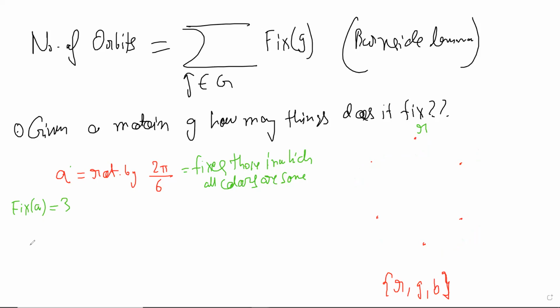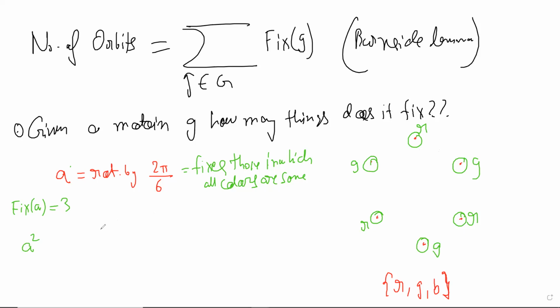Again, let's look at A square. So when you have A square, it is going to take this R, not to the second one, but to this one. So this one must be R. If I put the top one to be R, then this one must be R. I'm sorry. And then this one must be R. So these three, which are part of one cycle, should have the same color. Similarly, the other three, I'll just do it with green only, because otherwise it will serve its purpose negatively. Then these three should also have the same color.